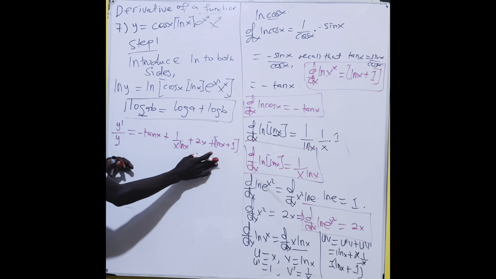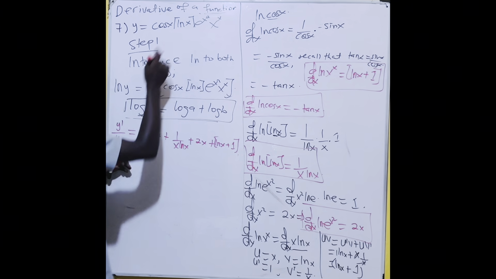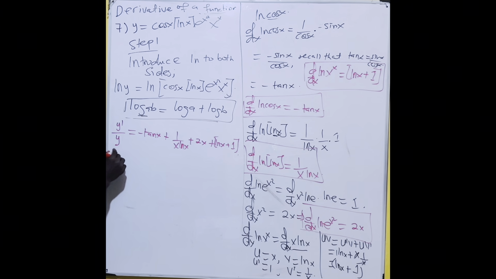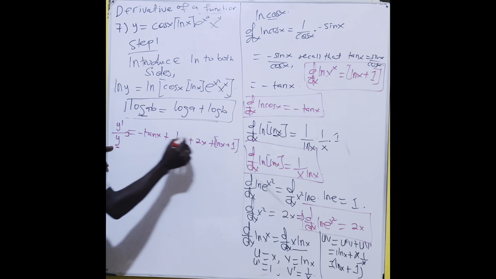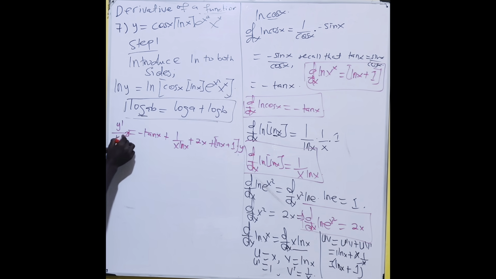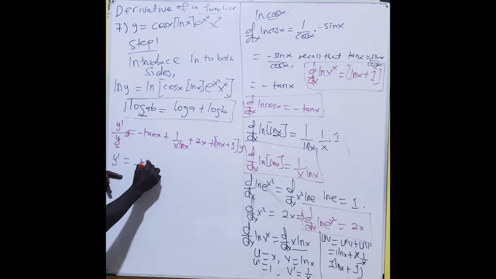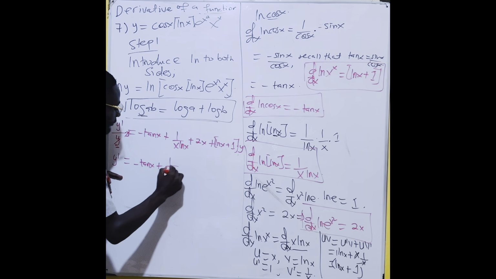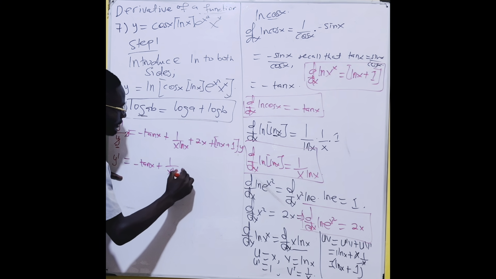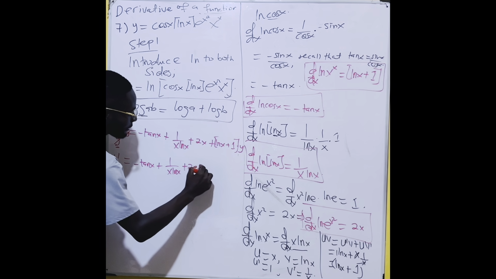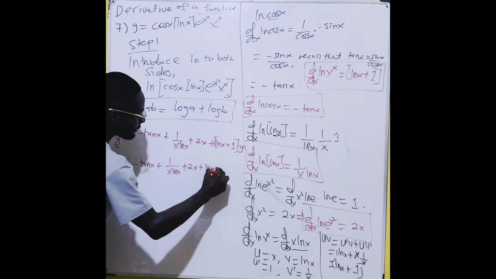So that is what we have for the derivative of this. Now, we know that we have to take this away, the y. So we multiply here by y, multiply here by y. So this takes off this. We have y prime equals negative tan x plus 1 over x ln x plus 2x plus ln x plus 1,